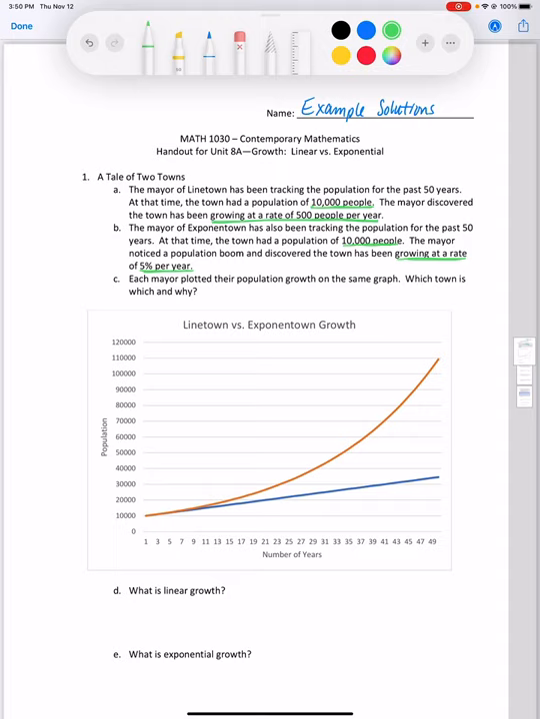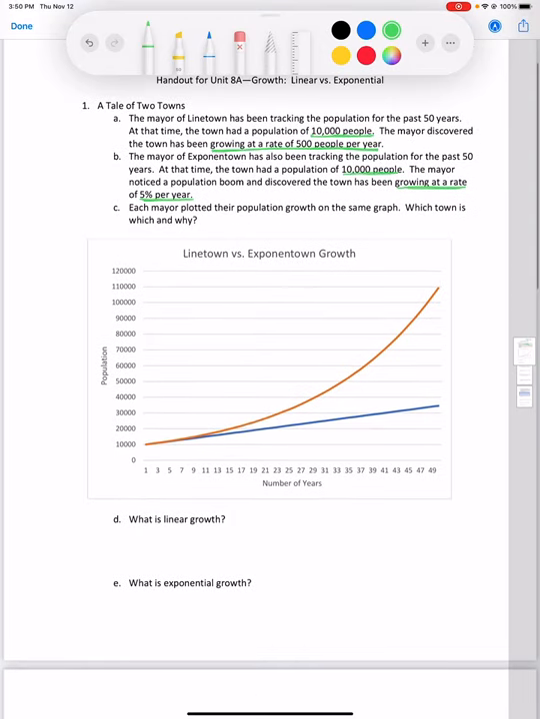So the first town is growing at a rate of 500 people per year. So every year they get 500 more people. So I'm just adding on 500 each time. So this town is the linear town,